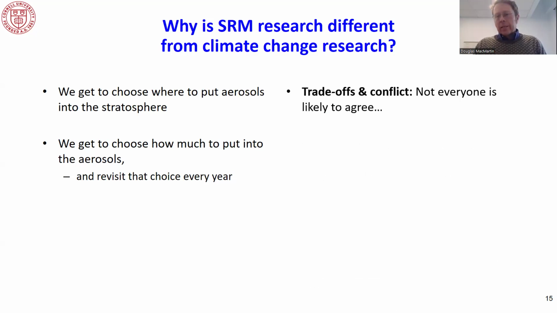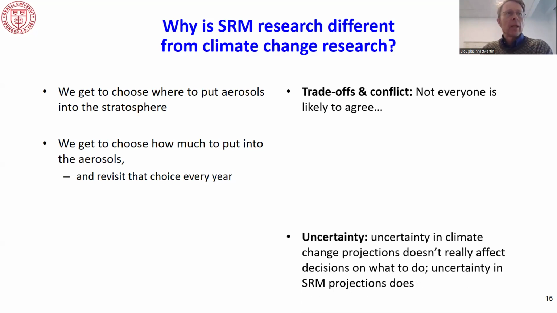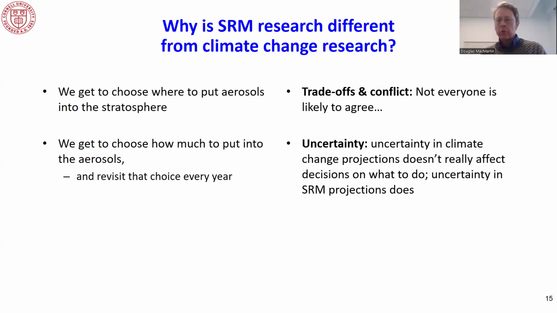The flip side to these is, people are very worried about trade-offs. The fact that not everyone is likely to agree on a deployment. You can't look at that question without taking into account the fact that different choices of where you put the aerosols into the stratosphere lead to different trade-offs. And people are very worried about uncertainty, but you can't think about uncertainty without recognizing the potential to adjust your injection rates. And so just as an example, I showed you the slide of the aerosol microphysics. If we're wrong about how big the aerosols get, and so how much time they spend in the stratosphere,